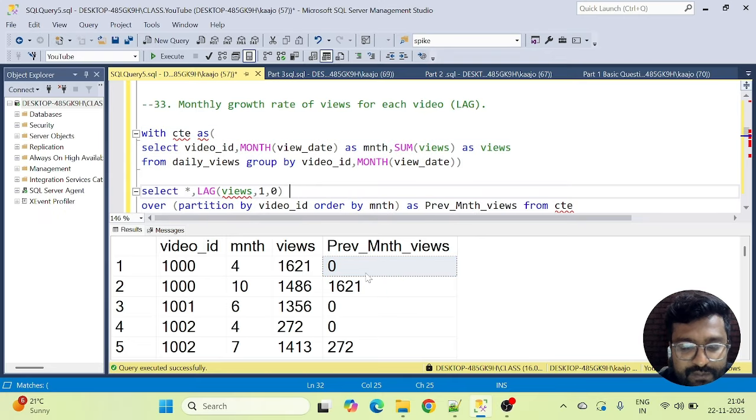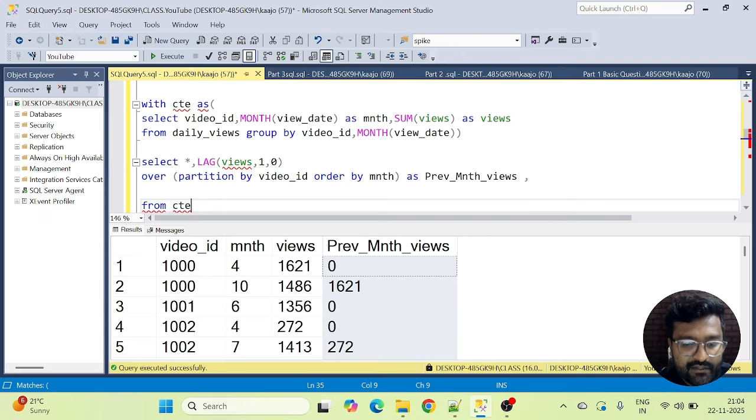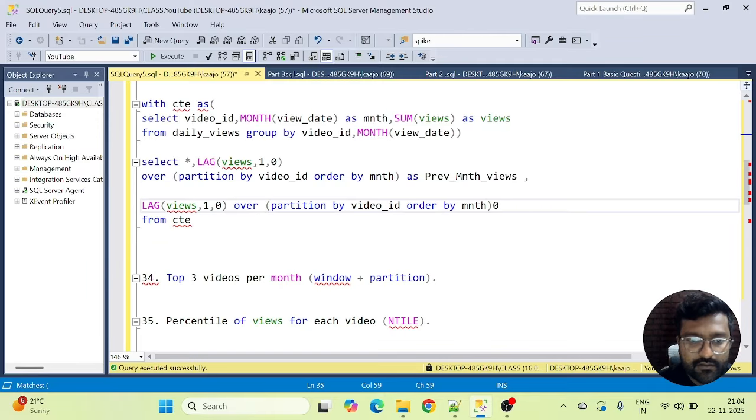Now, as I told you previously, to calculate the growth rate percentage, we have to subtract this column from this, right? So let's do that. Rather than taking an additional CTE, let's try to do that calculation right here. I'll keep this column as well for the sake of clarity, and we have to use this column minus views, right?